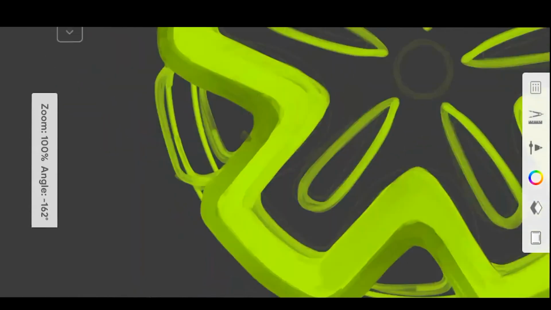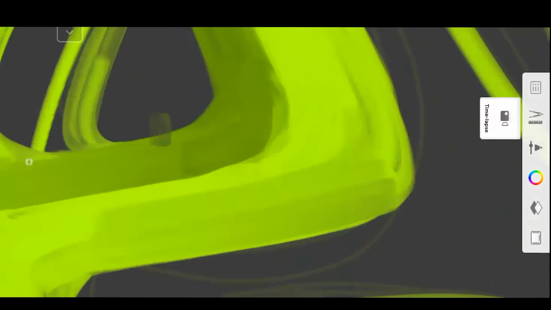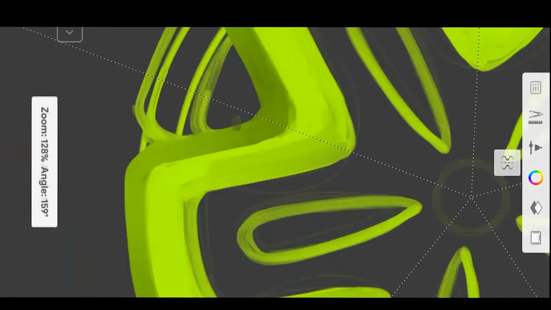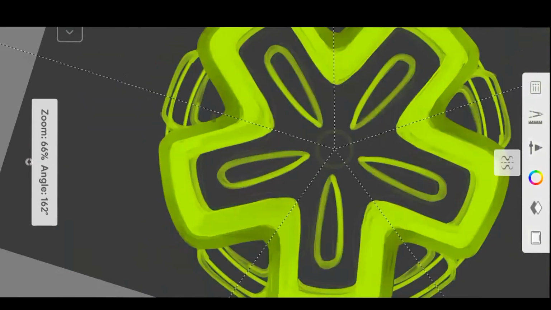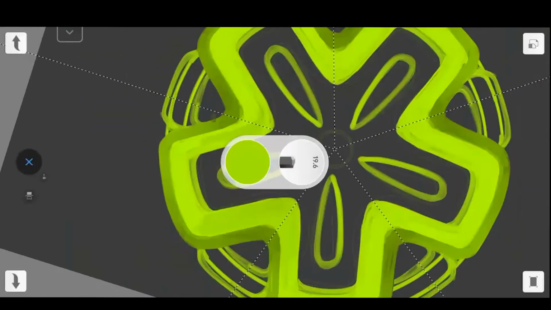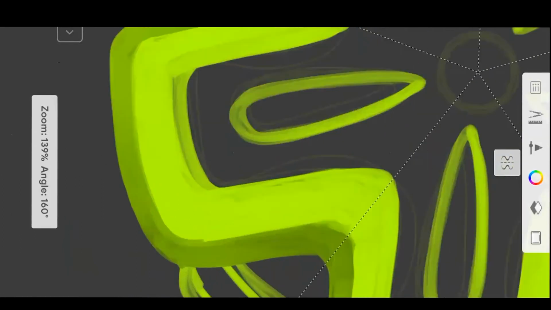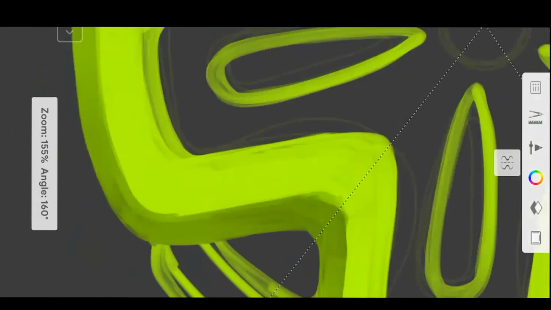Again, I will do the same thing here also. Wait a minute, the symmetry is off. Okay, now I will have to work again. Whenever we make a mistake here, we can just tap this dot here and we can just undo. To whichever step we can go. And if we don't want to undo, then we can redo with this button. In that case, now I have to begin all over again.